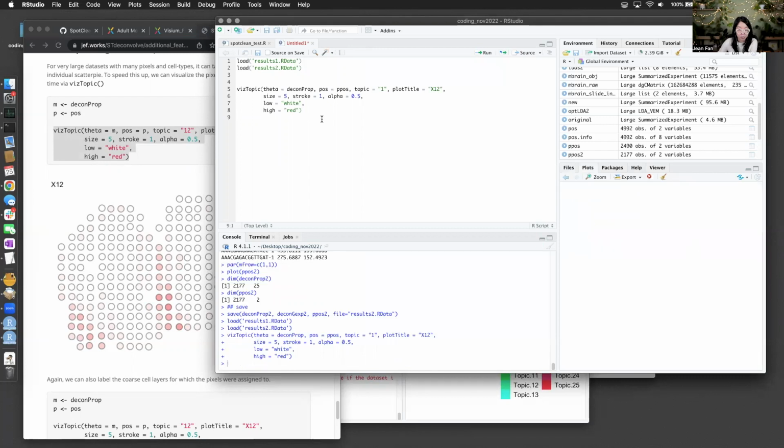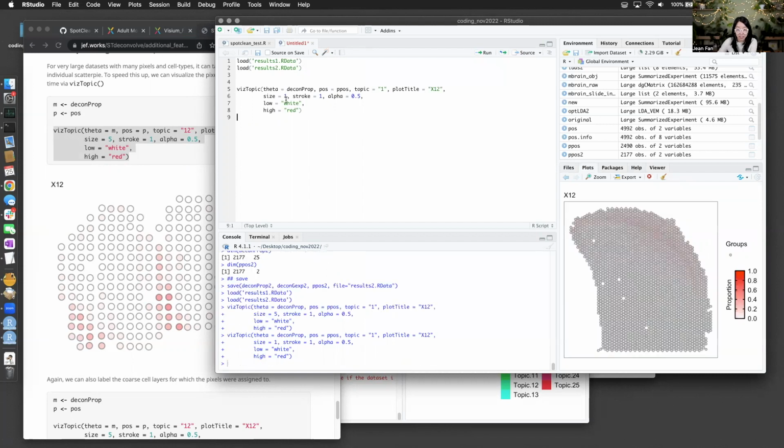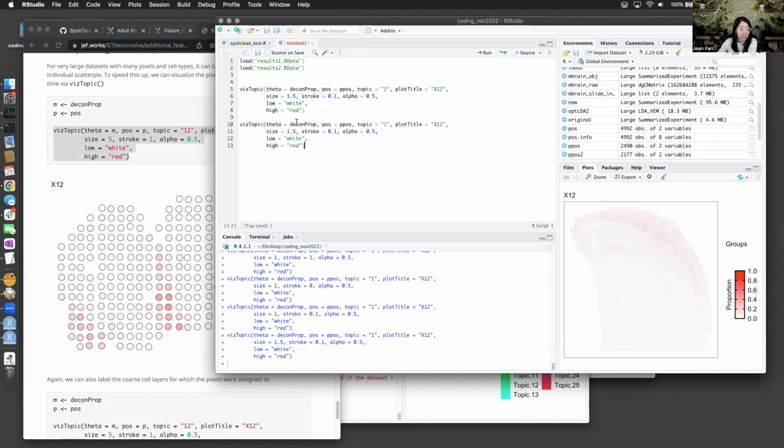Sure. Oops. Okay, I'm going to get rid of this stroke. Okay, maybe I can't get rid of it completely. But okay, that looks pretty good. Yeah, and in contrast, we have the decomprop 2 from the results 2 and the p+2. But the topics aren't in the same order or anything. That was interesting. It's like the cells lining the meninges. Is that what it is? But anyways,